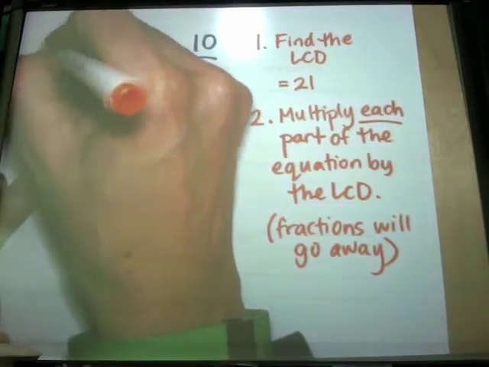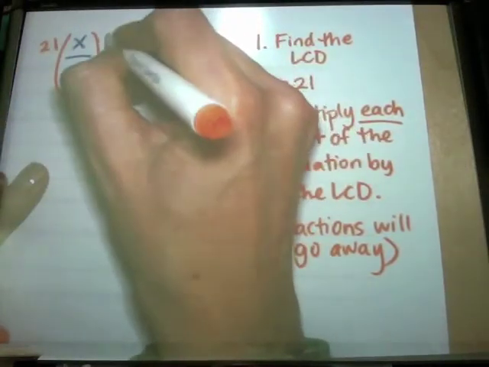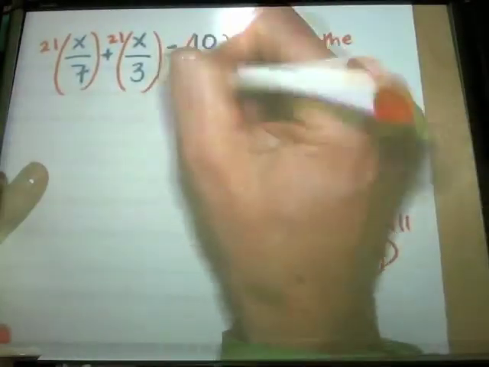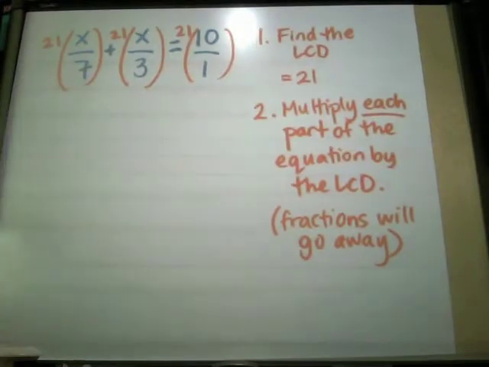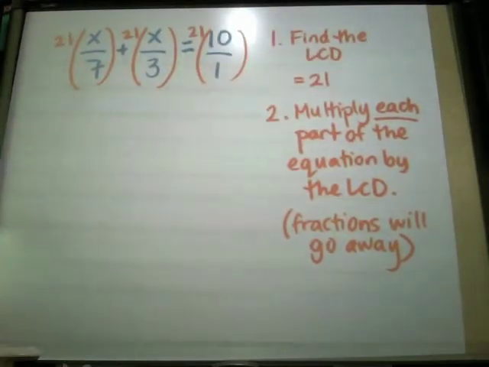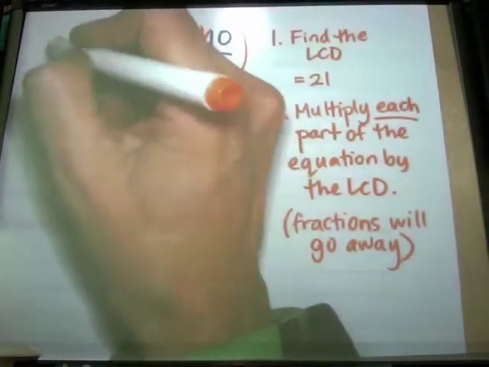I multiply each piece by my LCD. Now I put the parentheses just so you can see it's multiplying that whole fraction. Our LCD is 21, so I'm going to multiply each piece by 21. Every single one, even what comes after the equal sign. Now, for this, I'm only going to write this on the first one, but we could put 21 over 1, right? It's a whole number. And if that's being multiplied here,